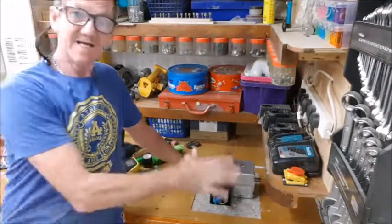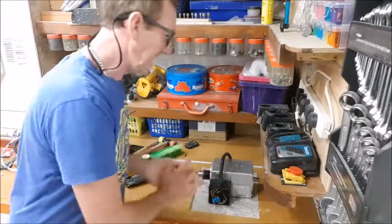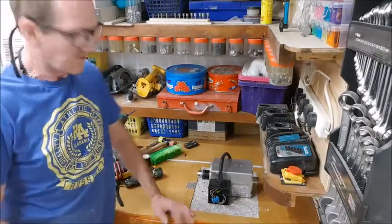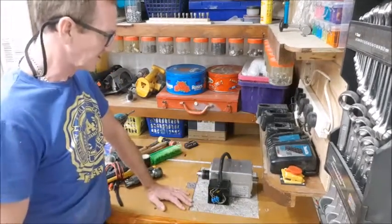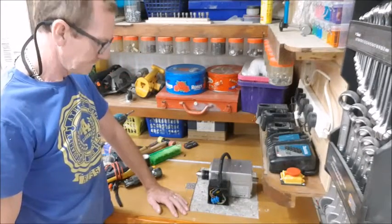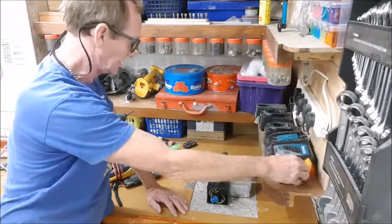Right, okay, so that is the drill part of it finished. What I need to do next is this bed for the drill for the timbers to sit on to go to it. But other than that, very good. Well pleased. Since that motor was written off,